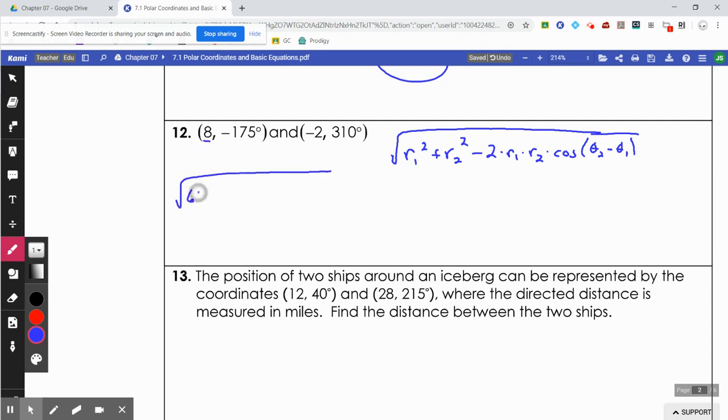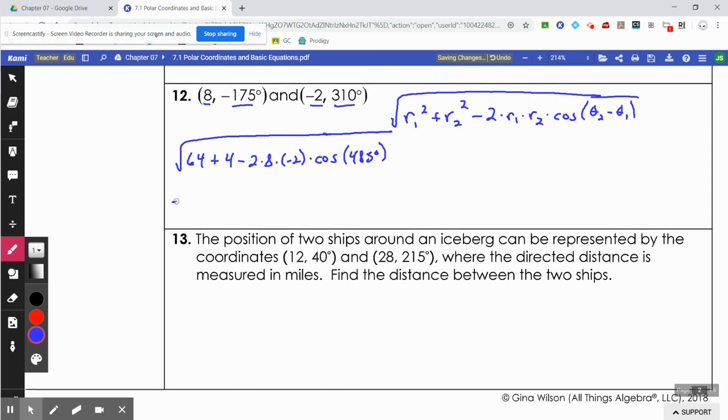Here's R1 to be 64, plus R2 squared, which is 4, minus 2 times 8 times negative 2 times the cosine of theta 2 minus theta 1. That'd be 310, and it doesn't matter if it's in radians or degrees because you're just subtracting them anyway. That's 310 minus negative 175, which would be 310 plus 175, which gives you 485 degrees. Type all of that in, and you're going to get approximately